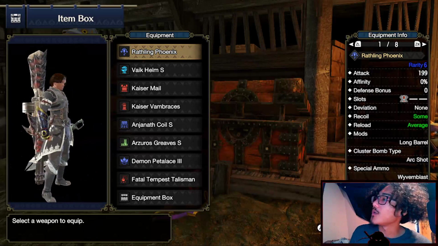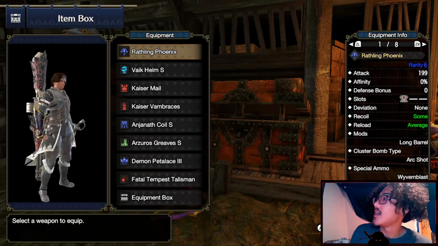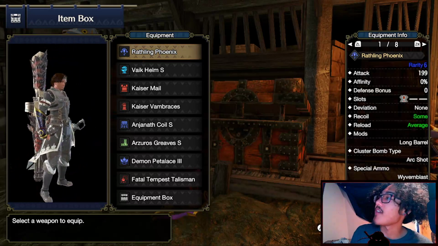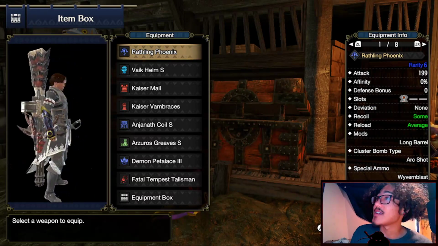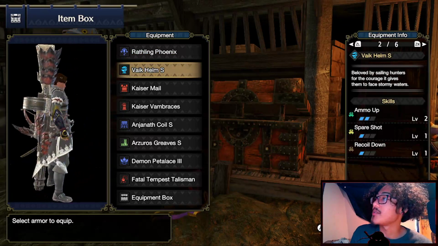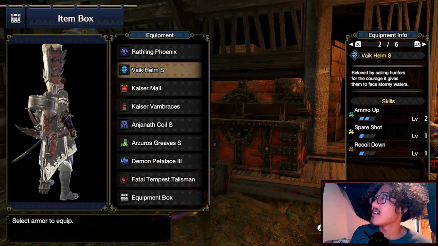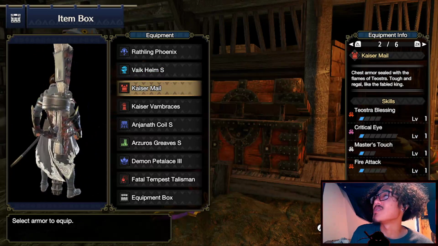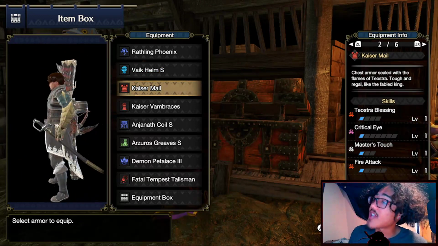Our build will give us no deviation, some recoil, average reload. For our mods, we have a long barrel, and for our rampage slots, we have elemental exploit. For the slots, we have a level 1 fire attack, and for our build, we have Vicamel S, giving us ammo up 2 and access to a 2 and a 1 slot, which we fit a level 1 spare shot and level 1 down. We use Kaiser Mail chest, and the reason why we use Kaiser Mail chest is because